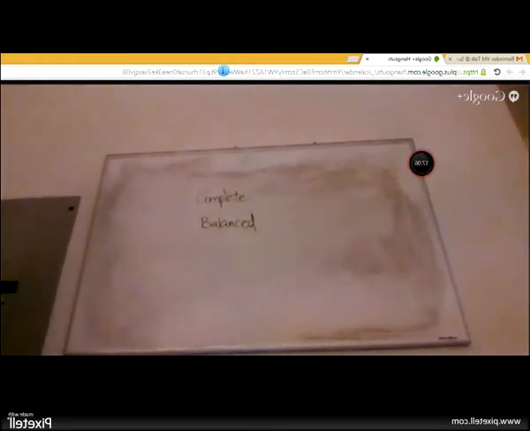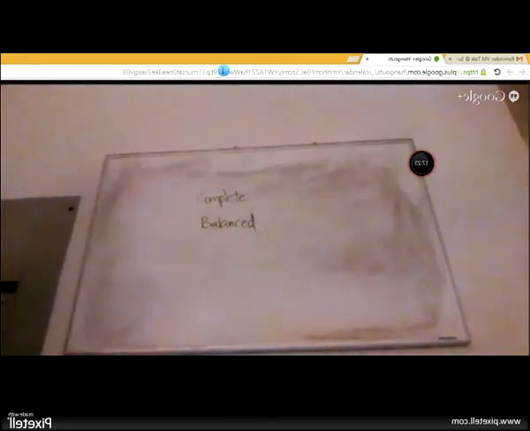I don't know the difference. I know complete is that all the nodes are present at all the levels. Correct. Every level has 2 to the power of the level value nodes.